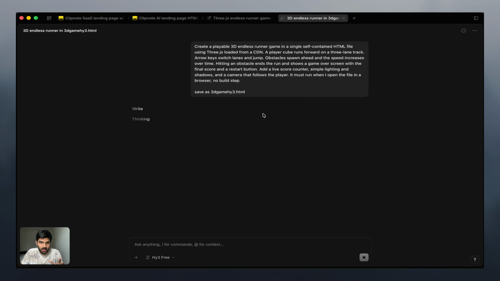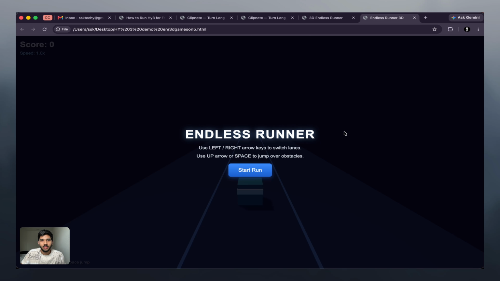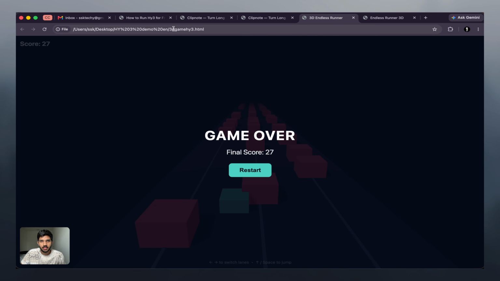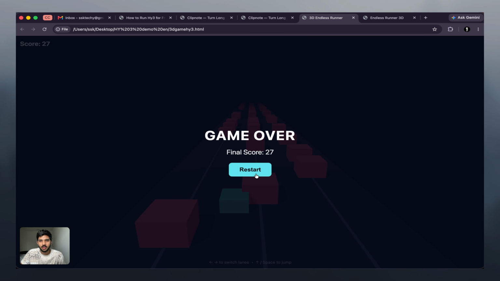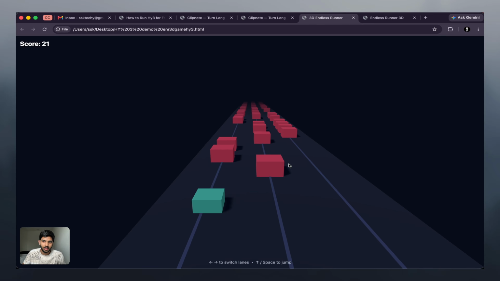Definitely, I am pretty sure Hy3 will finish quicker compared to Sonnet, because Sonnet is thinking more first. It is spending more time on thinking than Hy3. Okay, so both are done. As you can see, this is from Sonnet 5, 3D game zone5, and here is from Hy3. Again, Hy3 is generating in the same AI slop colors, but that's fine. But let's try to play,